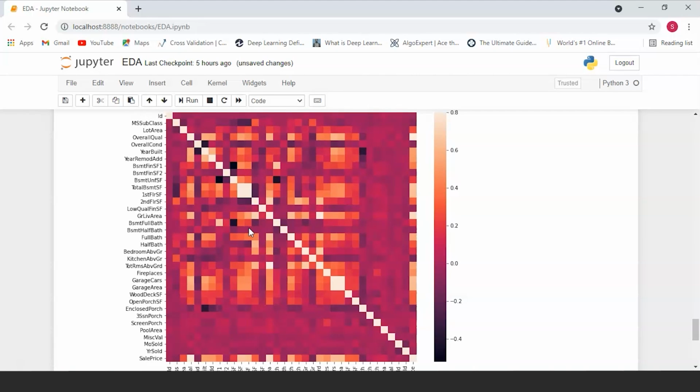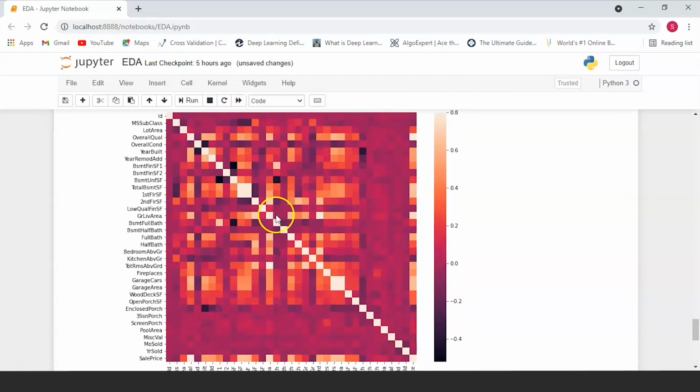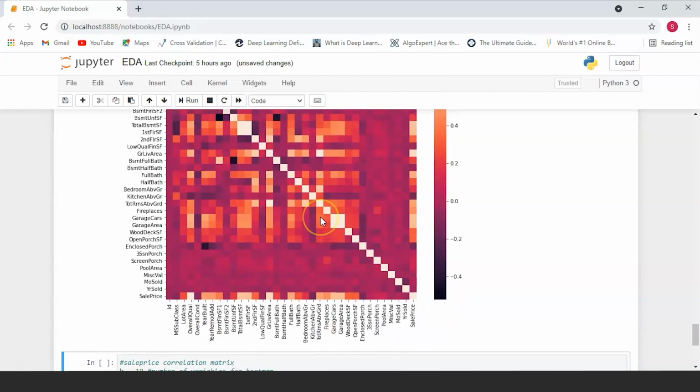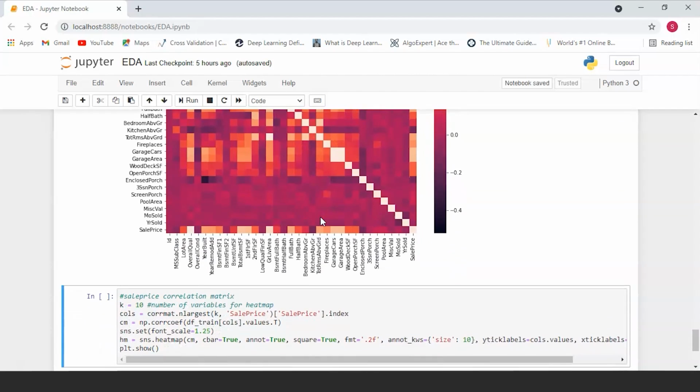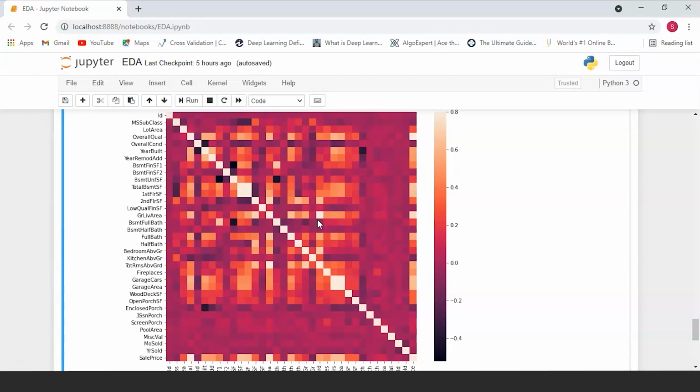And the second one is this one, again almost completely white, which is the greater living area, which corresponds to the total rooms available. Both of these cases show how significant the correlation is between these two variables.